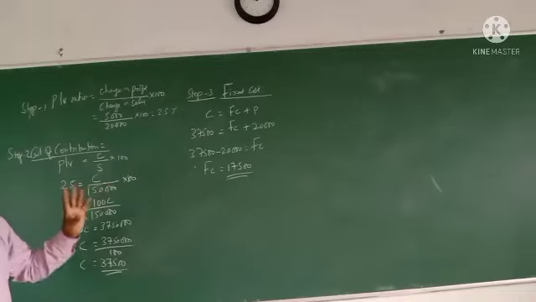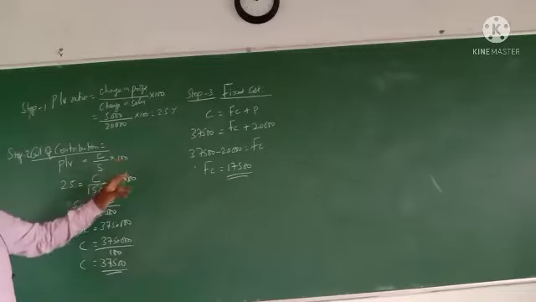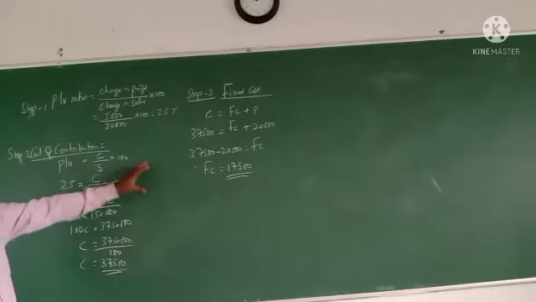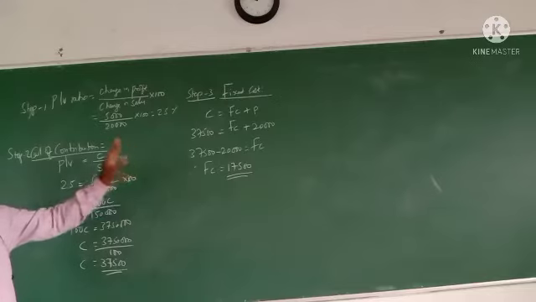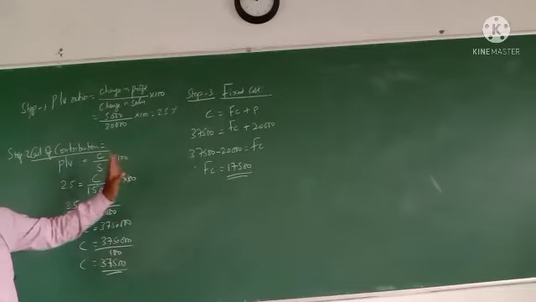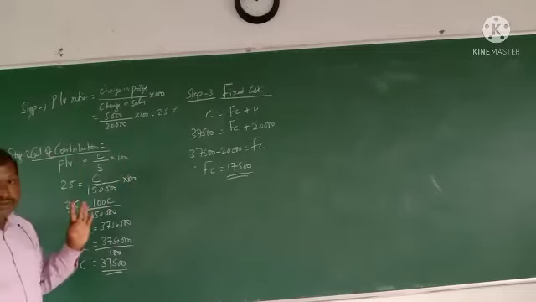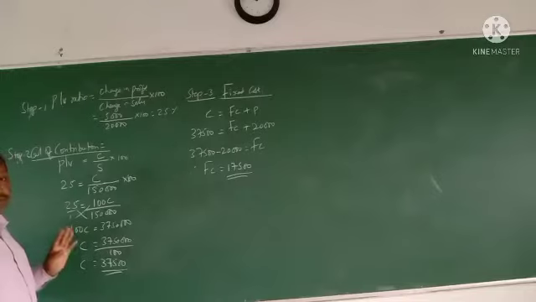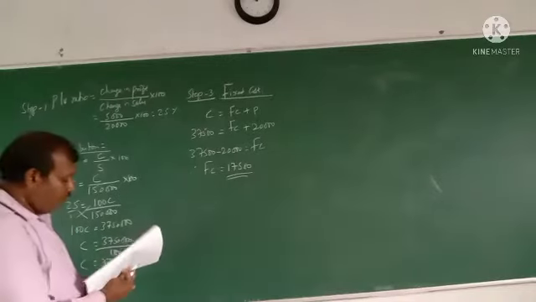If you do it like this with this method, we will get even the contribution value. In the previous problem, I applied a formula to calculate the fixed cost without doing the contribution calculation. We directly apply one formula, that is sales into PV ratio minus profit. You will get the fixed cost, but you will not get the contribution. So if you apply this method, you will get the contribution. Now we are going to answer each question.